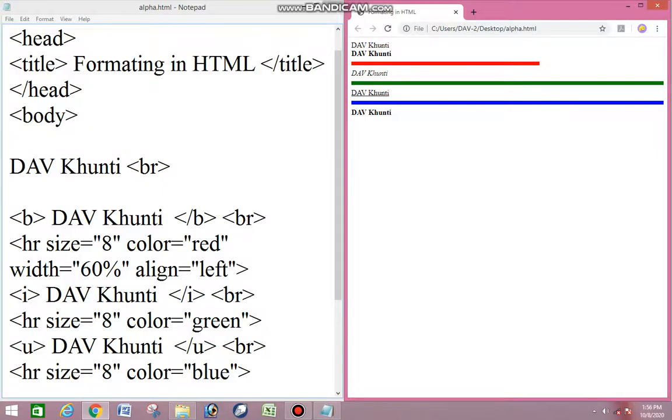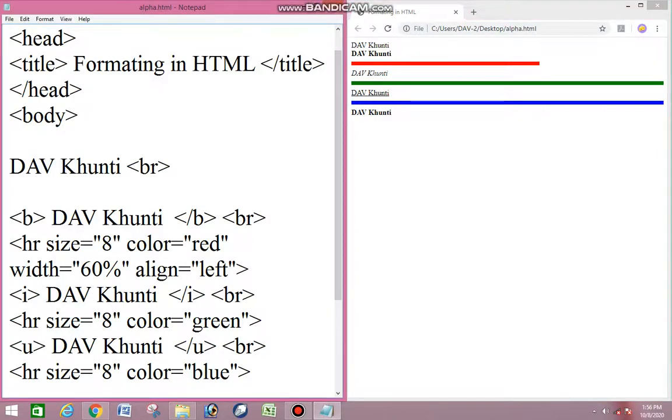Because if you draw a line by using HR tag, by default it expanded in 100% area, so you cannot see the alignment of line. If you make width 60%, 50%, then you will able to see your line in center alignment.